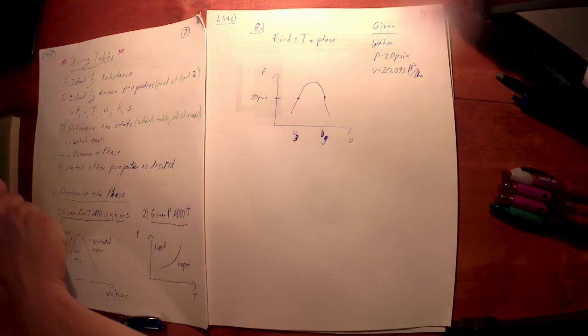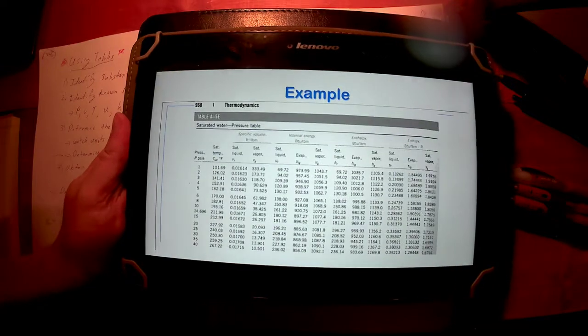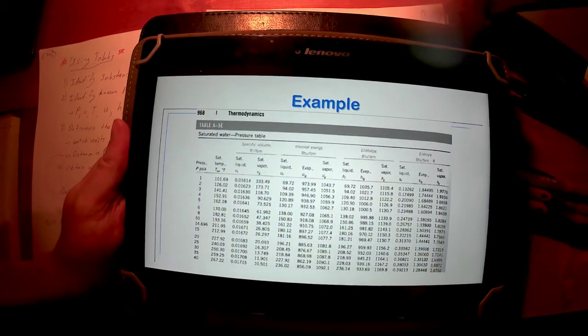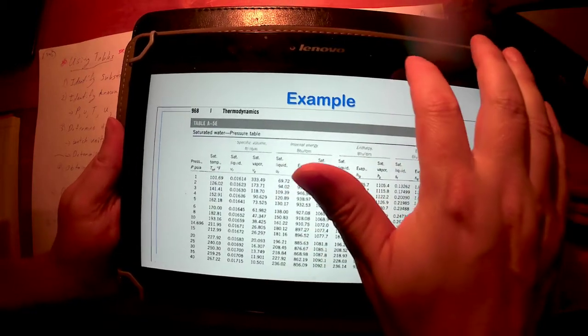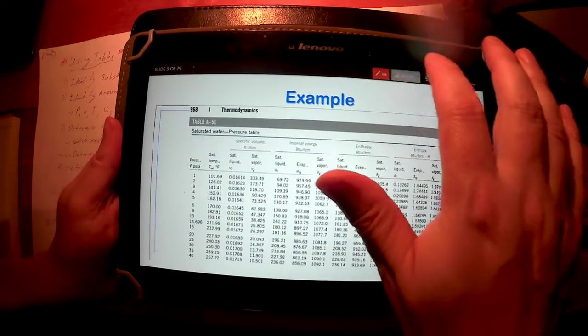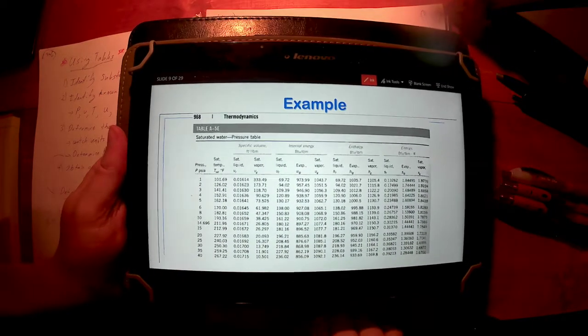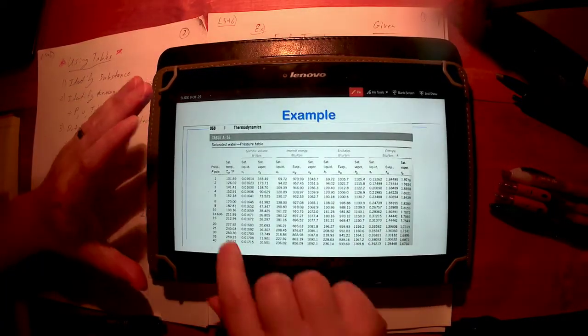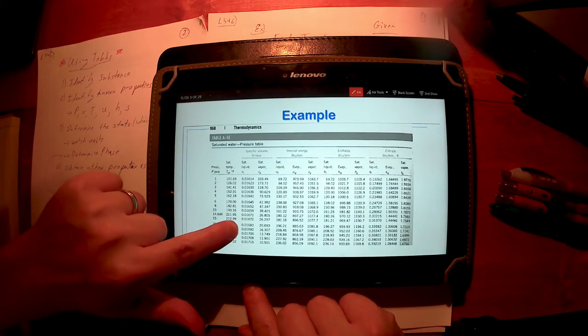Okay? So we go look in tables, and I happen to have scanned these in. I hope you can see that fairly well. What kind of glare am I getting on that? Oh, good, I've got the angle about right. So what do I got here? So I know at 20 psia, so I'm going to set this down. I can't draw it there, but I can pick it up after I've drawn here. So I know at 20 psia,